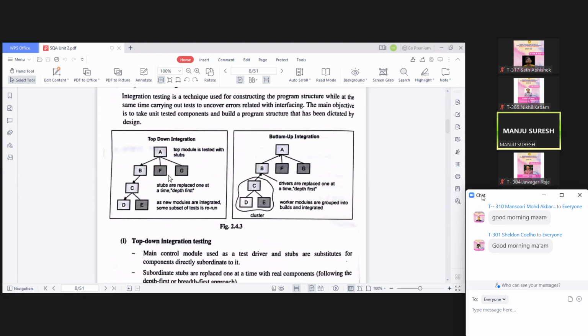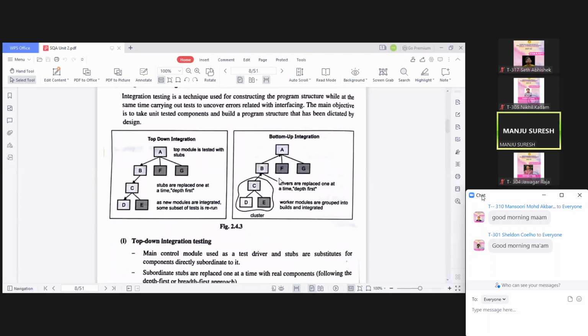Here you can see A, B, C, D are all ready, so you can check. Integrate A with B, B with C, C with D, and check since all those are ready. But these highlighted in gray are not ready, so they can be replaced with a stub, and you can do the integration part.